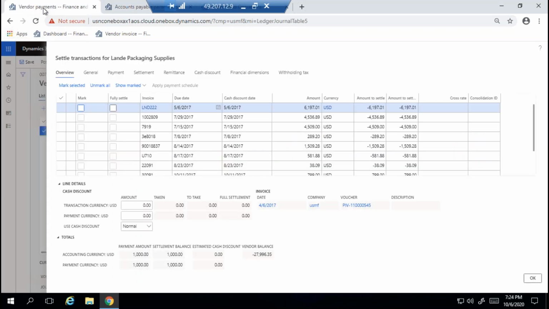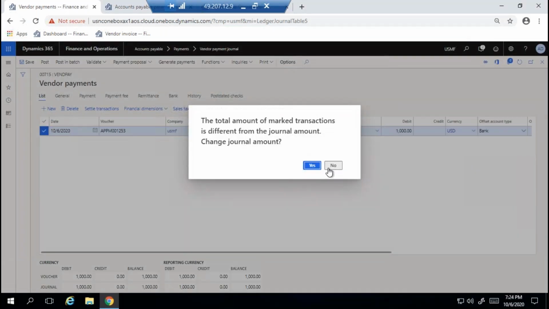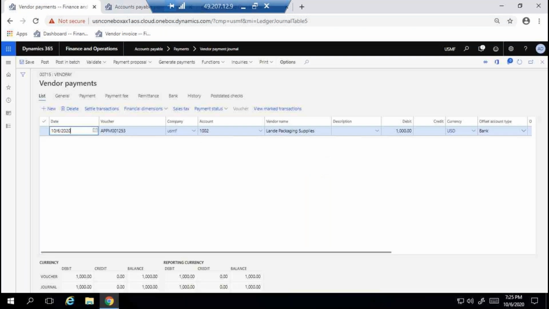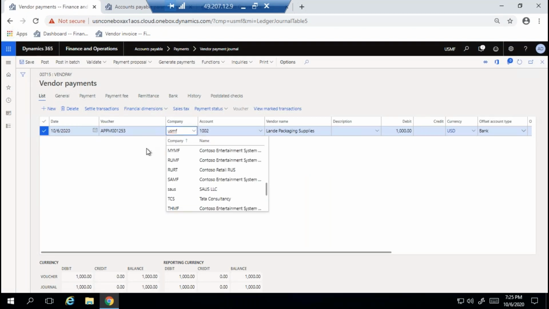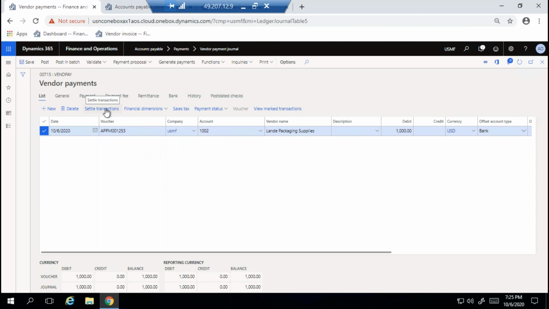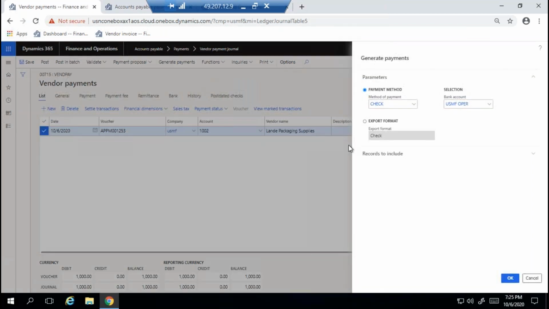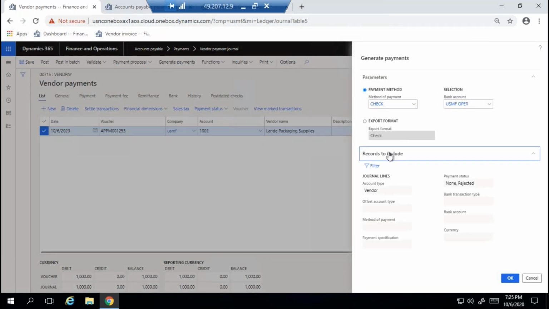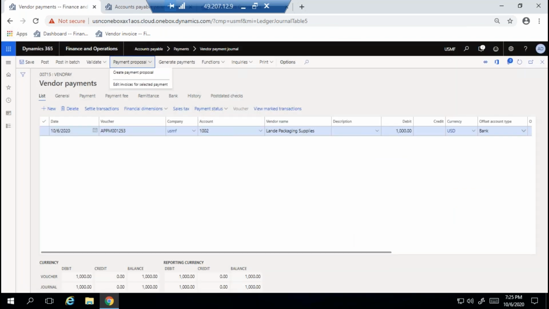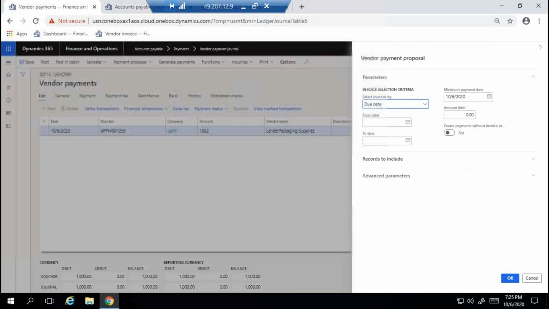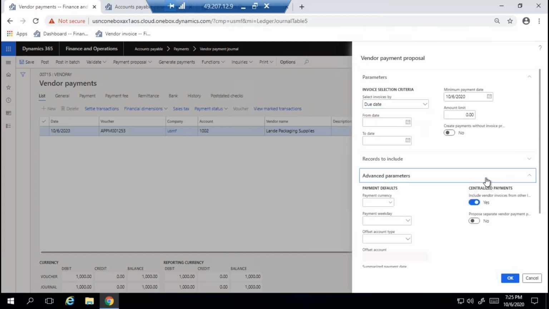Okay. So while doing payments, you have options for other legal entities as well. The same criteria apply for other legal entities also. If you want to use settle transactions, you can select the DMF company. If you are going to use generate payment proposal, you have the option called other legal entities, which you can select.